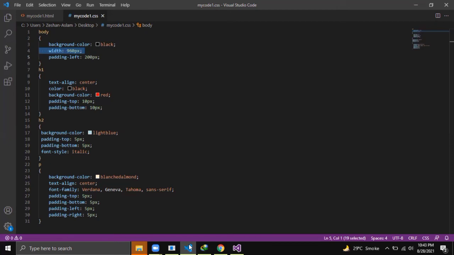Yes. Okay, add paragraphs to all these headings. Okay, change their background colors. Every tag will have different background color and paddings.